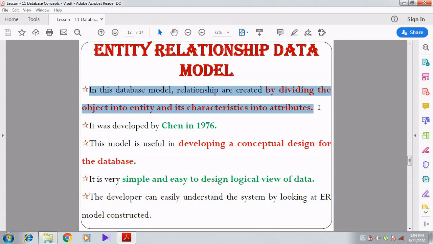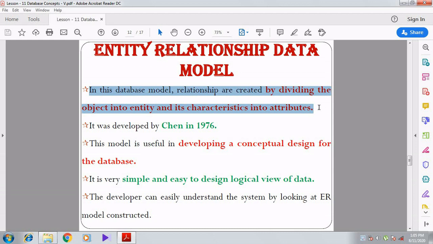Each and every object should be divided into entities, and its characteristics should be considered as attributes. Don't confuse this with the relational model, because the relational model also contains attributes.